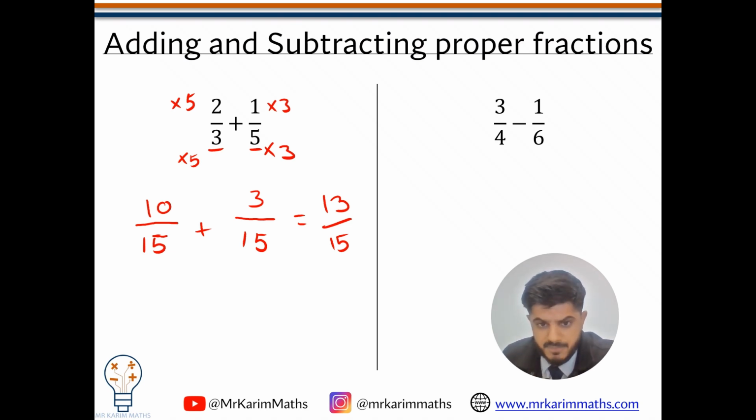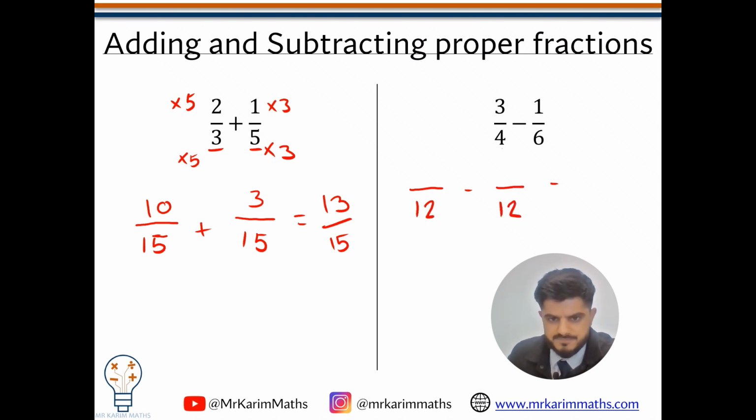Again, same process. We've got a 4 and a 6. So think 4 times table, 6 times table. What's the lowest common multiple of 4 and 6? You could multiply them together to get 24. That would work, but it would mean you would have to simplify your answer later because that is not the lowest common multiple. So instead, there is another number, and that number is 12. So we've got our two fractions, and we're going to rewrite them